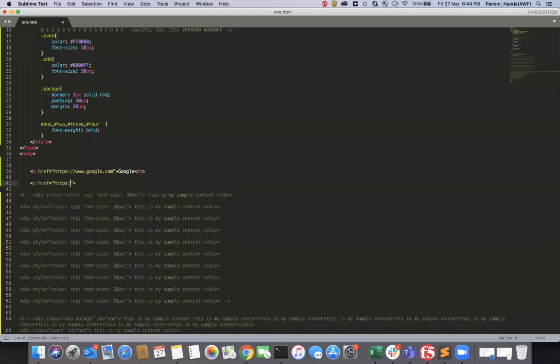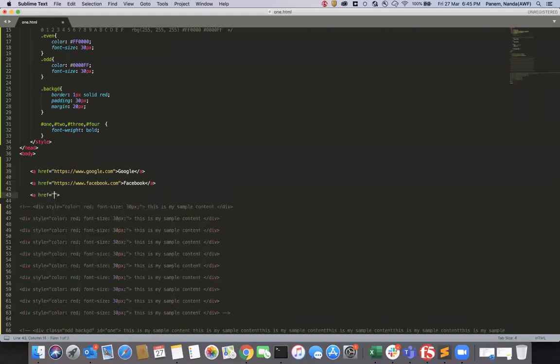An anchor with href https facebook.com. If I execute this page, see here, the third one you are seeing in actual blue color, but the first two are coming in a light red color.